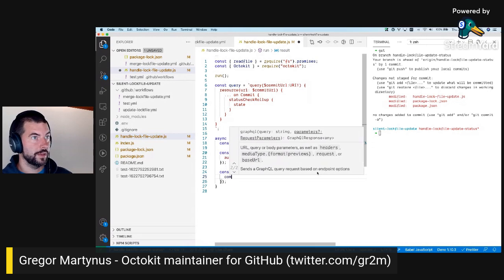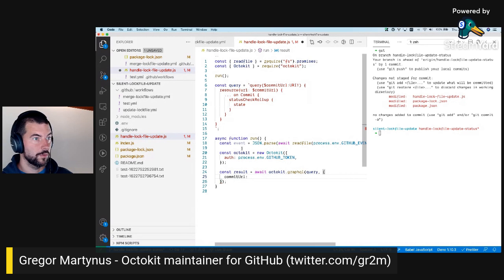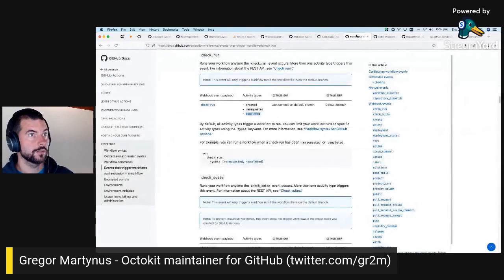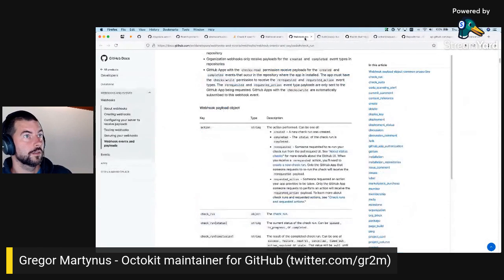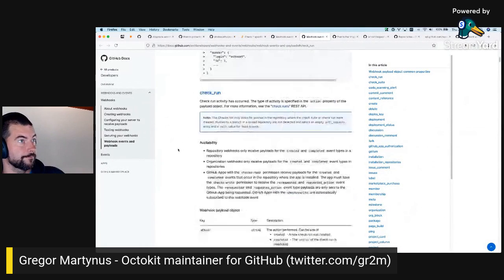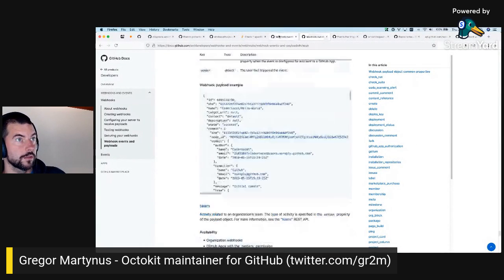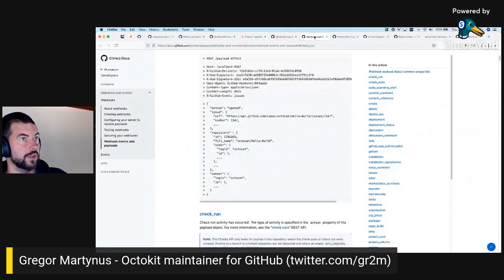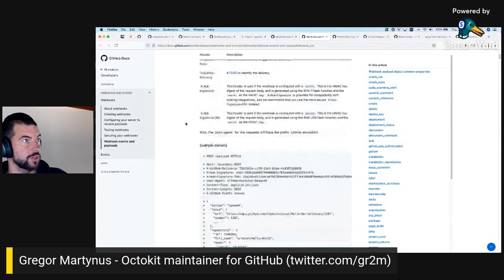And then you want to pass the commit URL, which, now let's see. Commit SHA. Event commit SHA. This is for the status event payload, and for the check run,